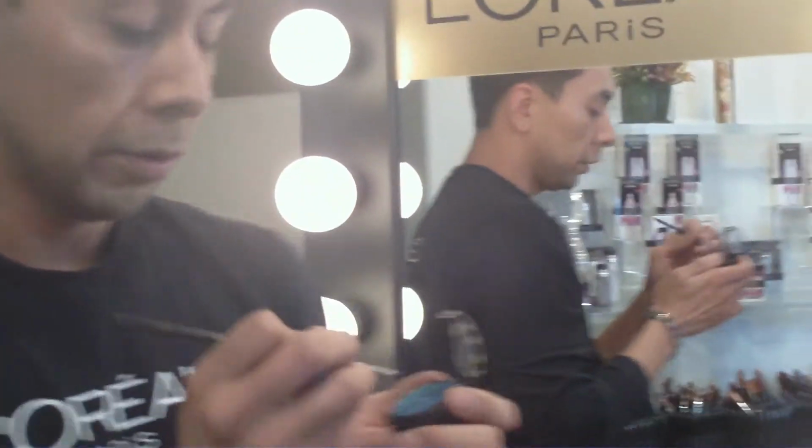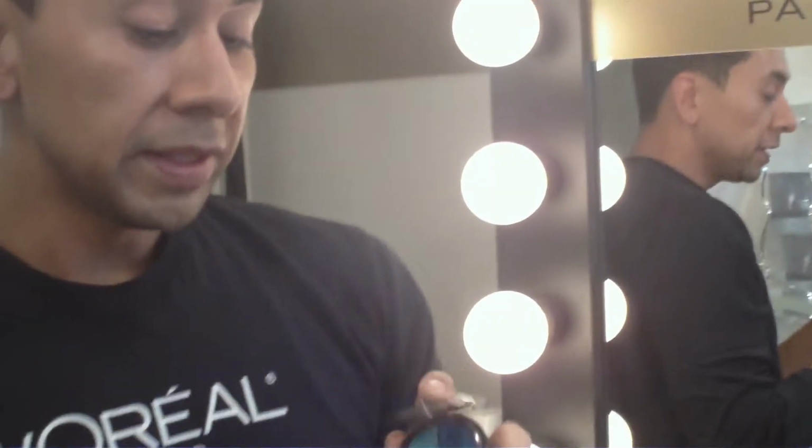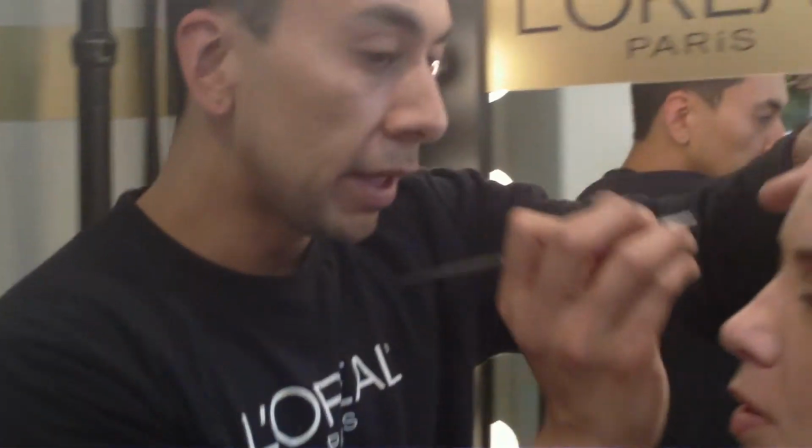Okay, so we're using the purple. Pretty. It's awesome. This is the HIP, high intensity pigment is what it stands for. We're gonna close a little bit, and we're gonna find that crease. I always lift it up and see where that bone is, underneath that orbital bone there. And then we're just gonna really...